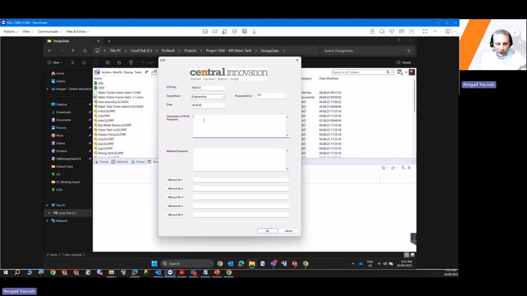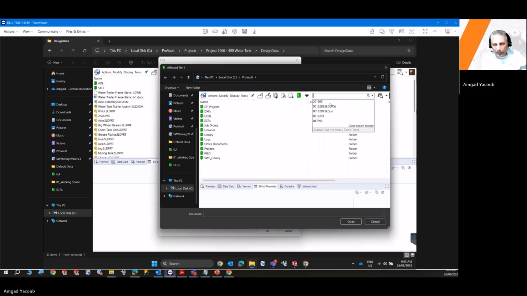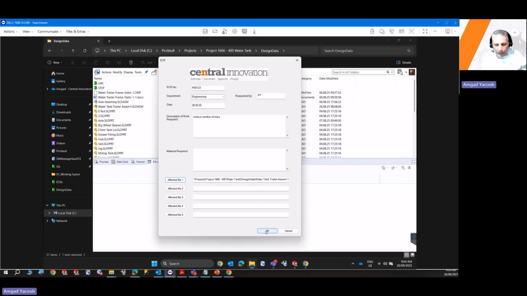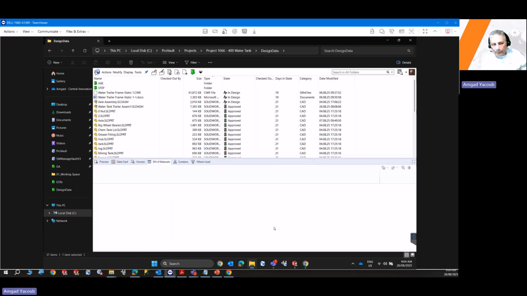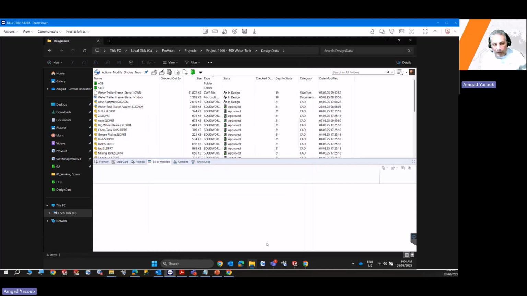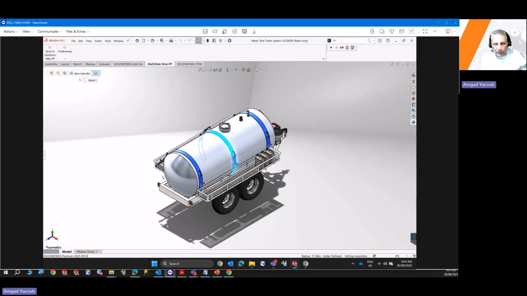So this is coming from engineering, and we say here, reduce number of stripes, and I will attach the assembly as well. And this should be it. PDM will actually create an engineering change document. I'm just going to create it and skip straight to the point where I go back here to SolidWorks,